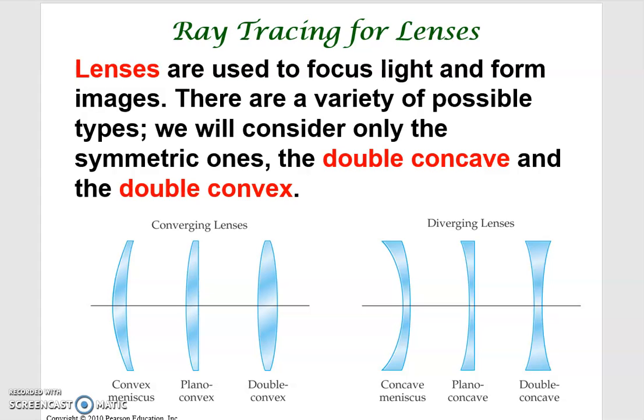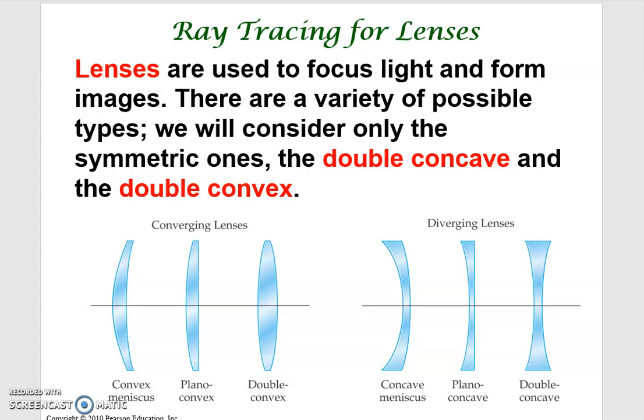Now let's study the second topic today, the ray tracing for lenses. Let me first remind you of one thing. We studied the ray tracing for the mirror. What is the difference between the mirror and the lens? When light interacts with the mirror, the light cannot penetrate through the mirror. It is always reflected. However, for the lens, when the light interacts with a lens, the light could be reflected